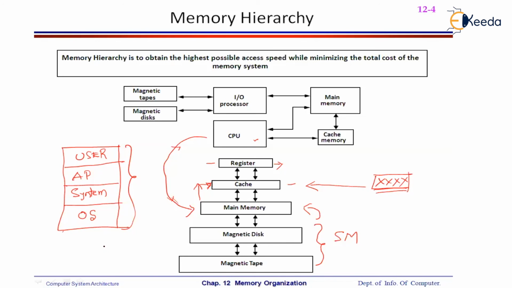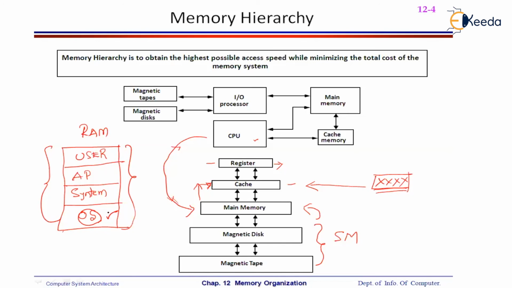Okay, now let us say you shut down the system. This is RAM, right? The moment you shut down the system, each and everything is going to be erased, right? So when you start the system again, you require the operating system to be present in the main memory. If there is no operating system, our computer system is useless. Unless you have an operating system available in a computer system, there is no way you can use it. For that reason, we need to load the operating system initially.